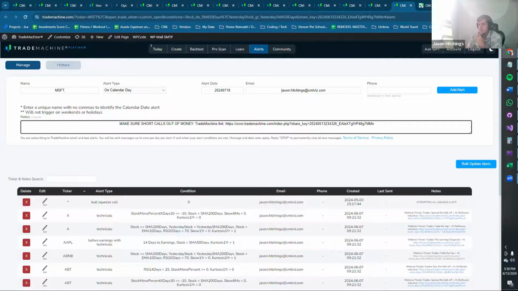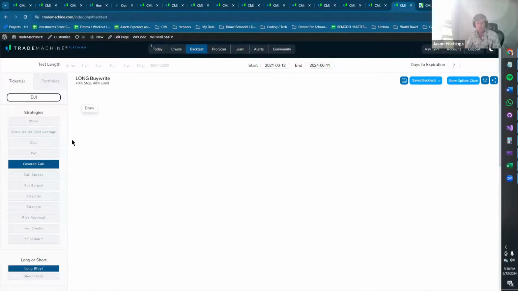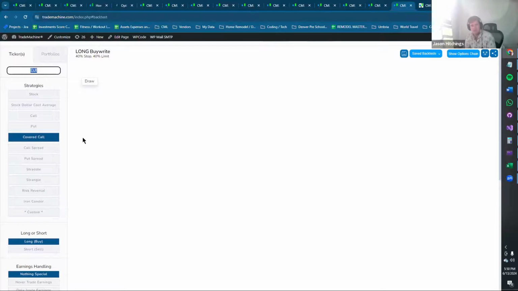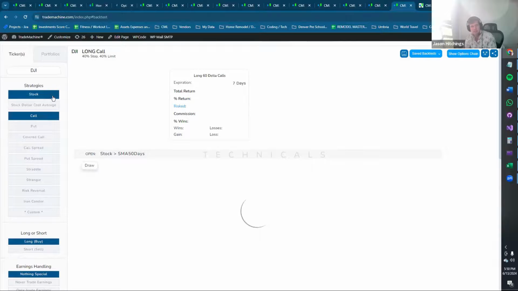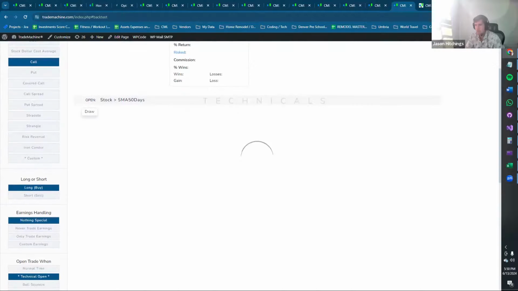Hopefully. Can you backtest DJI upward movement and specific stock mirroring the upward movement? Yeah, you can. This is True Social. Oh no, DJI is not True Social. Okay, sorry. Dow Jones. Yeah. So you can test anything in terms of all the momentum and that kind of stuff. Sometimes you might need to use an ETF instead of the actual index. I thought we were talking about True Social for a second. So sometimes you might need to use an ETF that corresponds to something. But yeah, you can test anything in there.